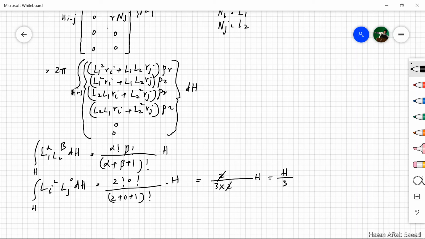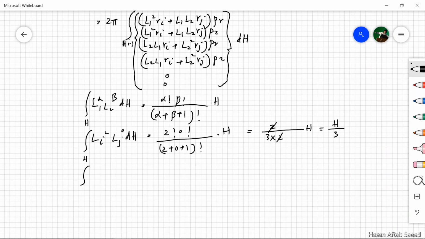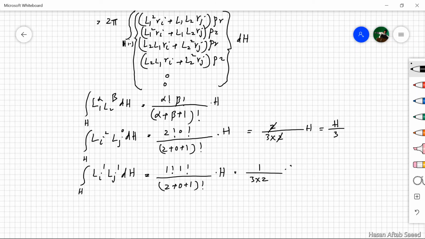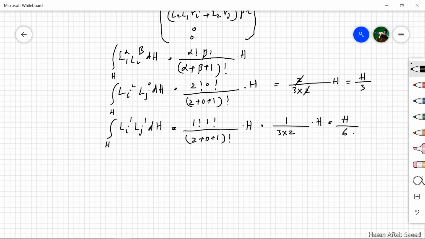The next one is Li power 1 and Lj power 1 dh. This is 1 factorial over 2 plus 0 plus 1 factorial into h, 1 over 3 into h, which is h over 6. So just replacing these values, we get